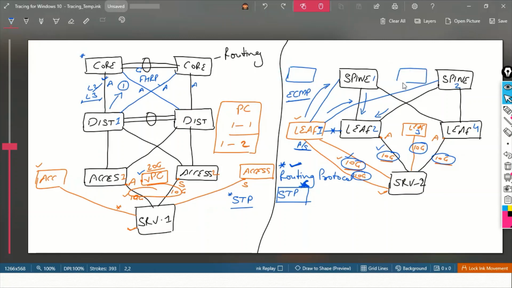We can install multiple spine devices here, right? Like this. So as soon as we install multiple spine devices and connect to the leaf, we are getting more bandwidth, more throughput, right?